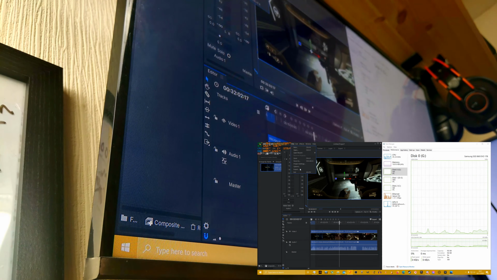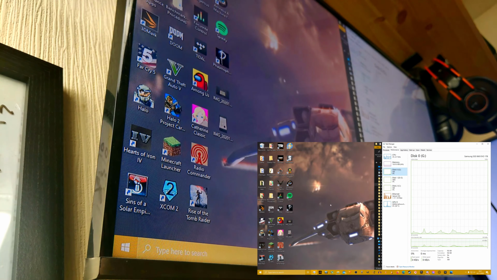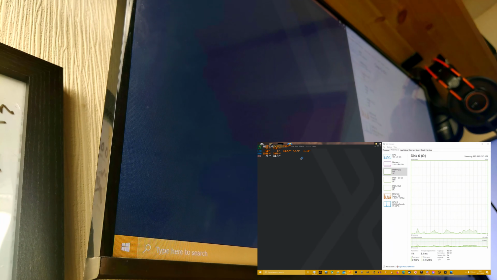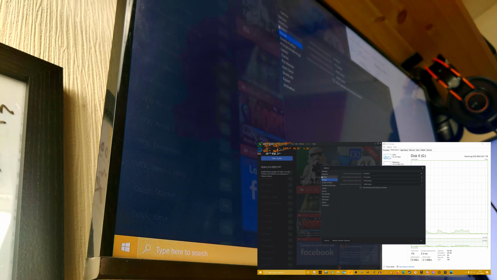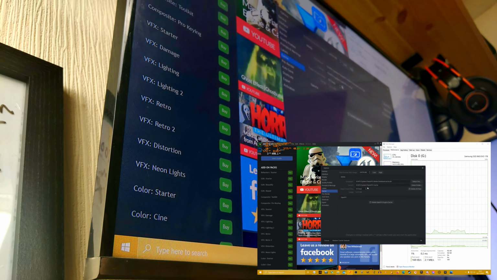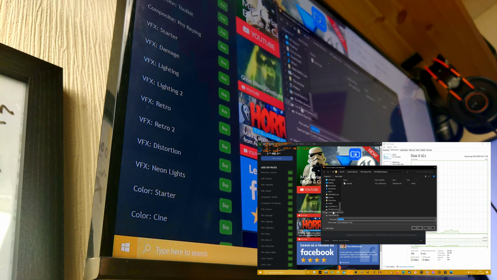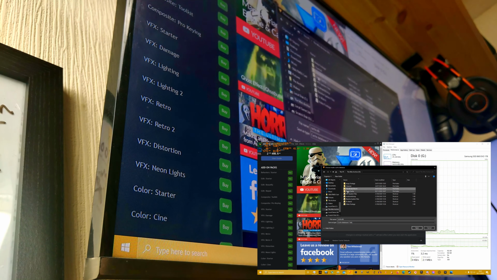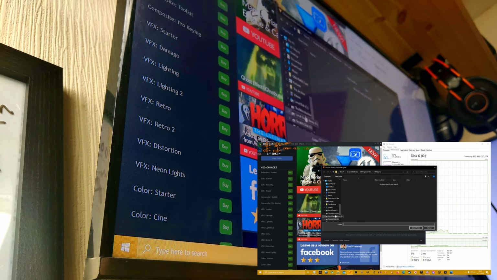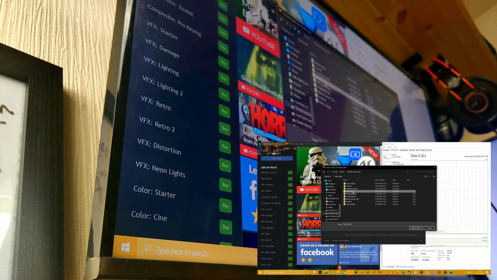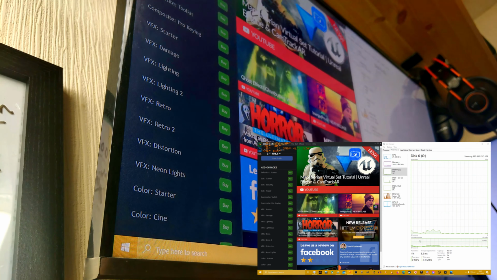So what we're going to do is exit, discard changes. We'll reopen it. We'll now change it to a temporary cache, which I have got set up. File, options, cache. This is where it's actually stored. So what we're going to do now is go to the mini archive, temporary cache, save here, select folder, mini archive, temporary cache, select here, and we'll try it again, and this time we'll be running off of a